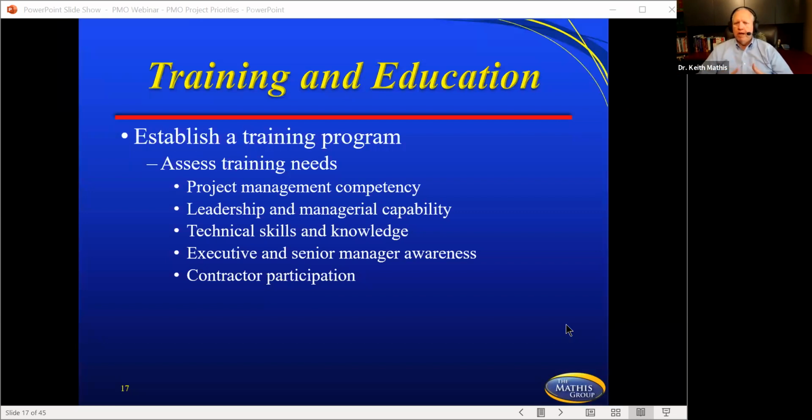Is it leadership, managerial capability? Is it technical skills or knowledge? Is it executive or senior manager awareness? Is it contractor participation? There could be a lot of different pieces here, but you don't have to assume that you've got to hire a contractor. A contractor could be brought in, obviously, but you've got a lot of reinforcement you can do with the people